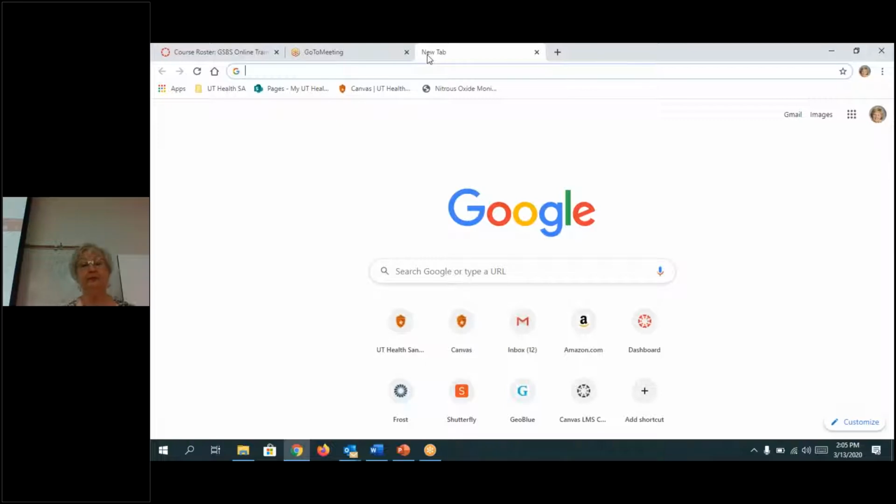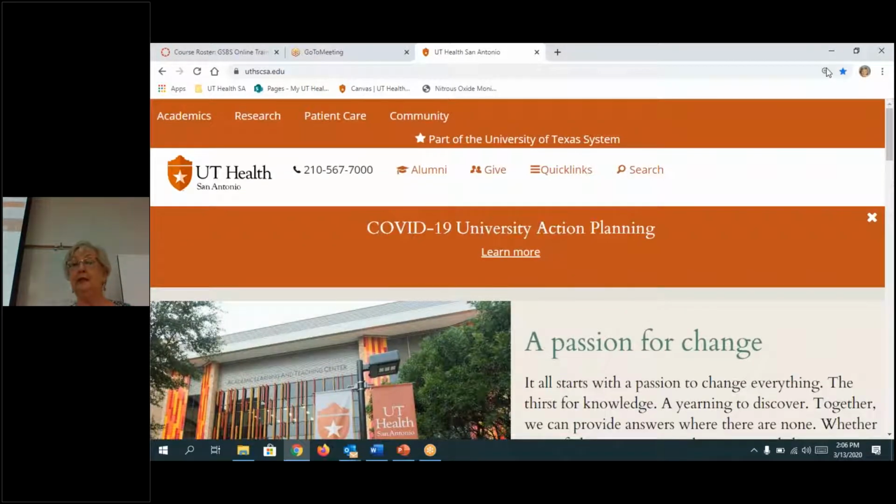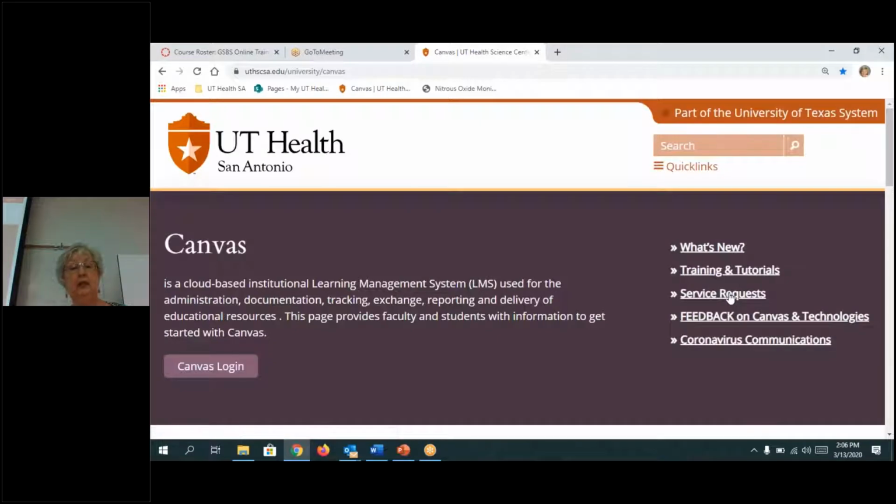All right. So getting to Canvas, you're going to start from the home page, and let's see, let me go to the university homepage. So we're all starting from the same spot. Got to get you out of the way. And if you just click on quick links, here's the Canvas login. Click on the login.